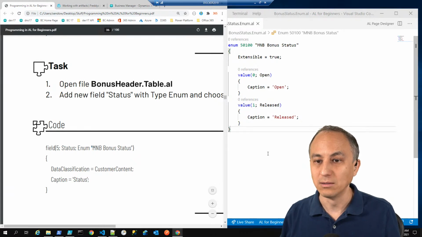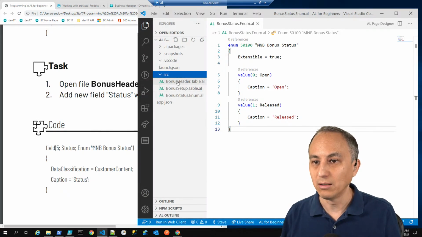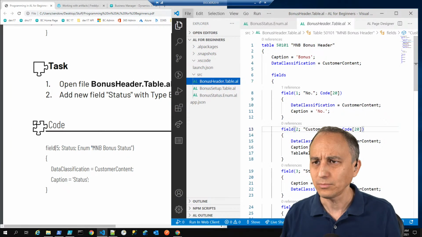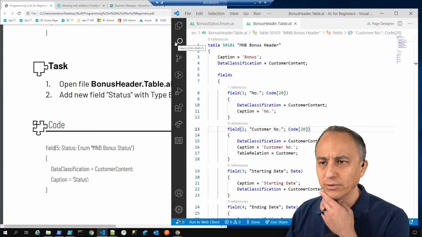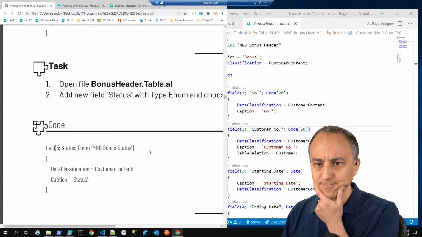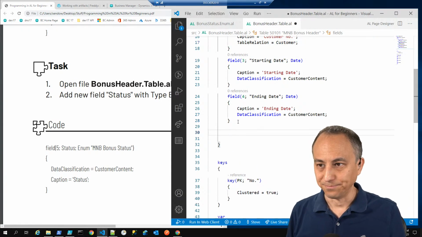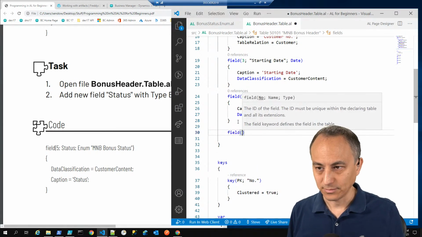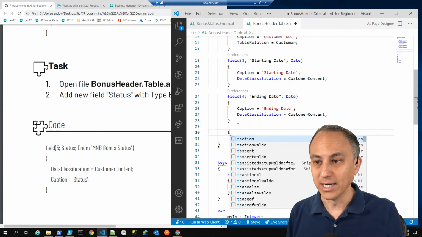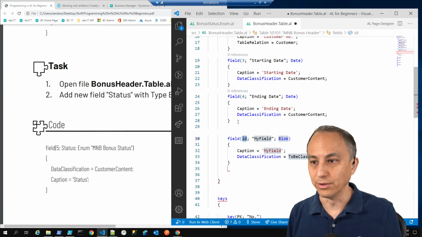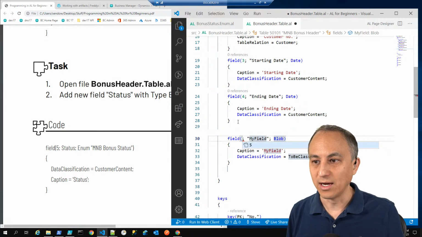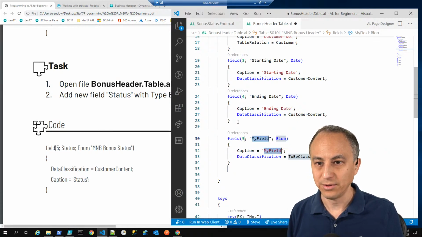Oh, open file. Okay. Open file, bonus header table. And what are we doing with this? Add new field status. Okay, field 5. Oops, let me do things right. Tfield Waldo, and field 5. This is status,